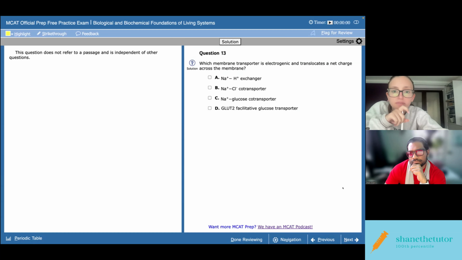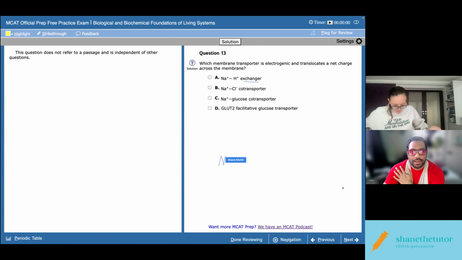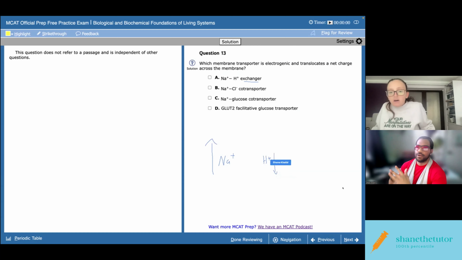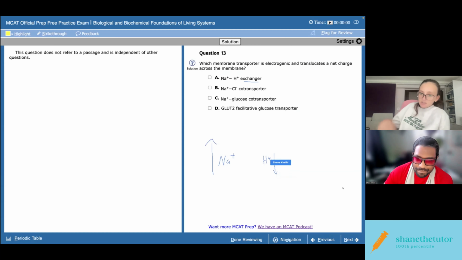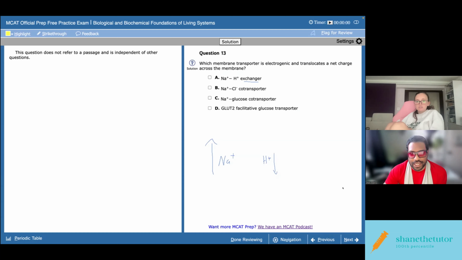Wouldn't NaCl have a net charge, because there has to be an equal amount on both sides of the membrane? Okay, so we have this sodium plus H plus exchanger, which I guess means that it would, let's say, pump sodium out and pump protons in, or vice versa. Right. From the word exchanger, we have the